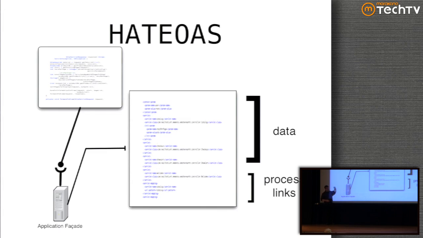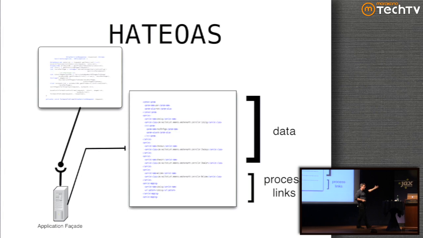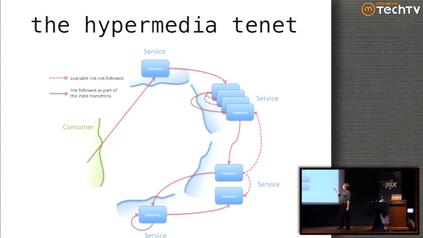What HATEOAS is going to do is say, once you've placed an order, there are two things you can do in my universe. You can pay by cash or pay by credit card. I'm going to send you back two links. If you follow one link, you pay by credit card. If you follow the other link, you pay by cash. That's going to take you to a resource that handles the details of what that interaction is. That's the idea behind hypermedia, is that when you make a request to one of these resources, what you get back is data, but also a bunch of links about subsequent steps within the workflow. Now all your client becomes is the entry point to a workflow that is defined and lives forever on that server application that knows the real details of that workflow, the validations, the data access, all those other things.